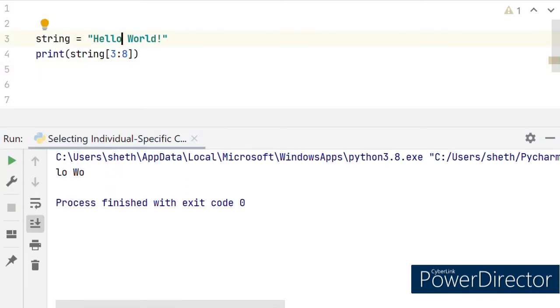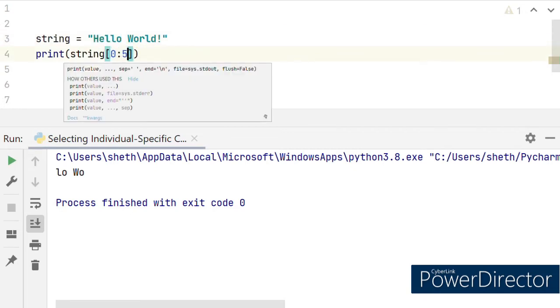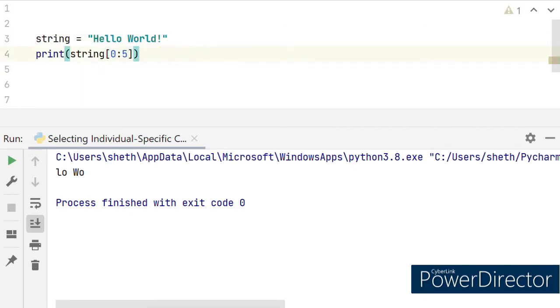I will show you more cool things you can do with this. Let's say you want to print this word hello. You should already know that to accomplish this task, you will have to say something like this. But I can remove this 0 because we don't need it since we are printing the characters from the very beginning of the string. This can be done vice versa, meaning